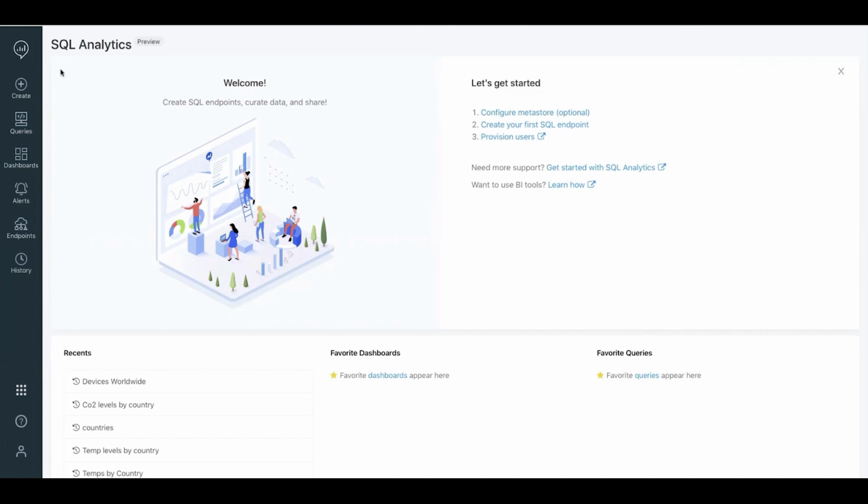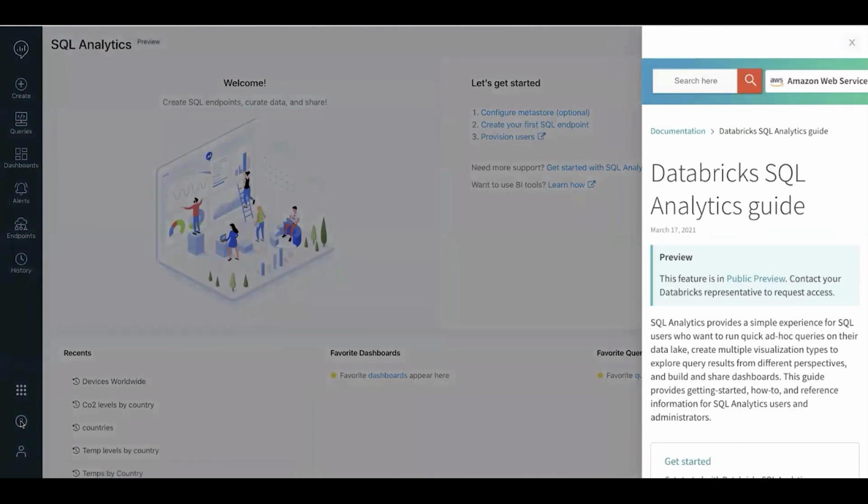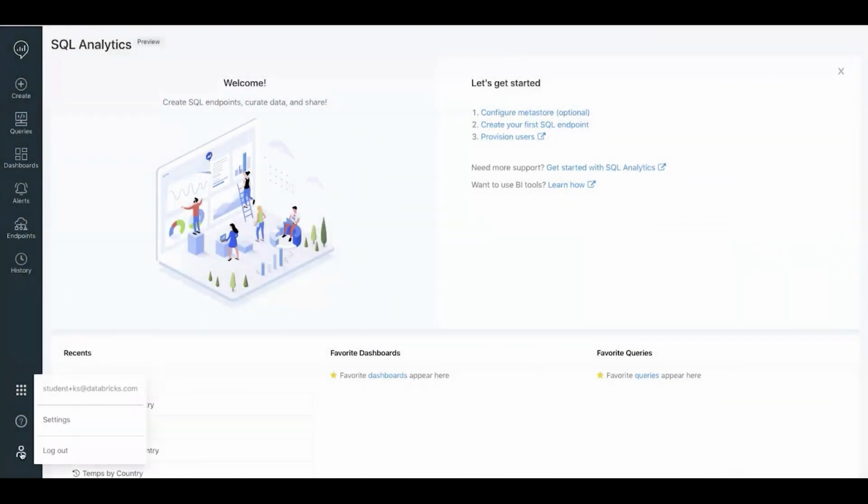When we first open up, we can see that we've got on the left side here some navigational tools that we'll be using as we work through this demonstration. Again, we've got the app switcher, so we can go back to the Databricks workspace if you also have access to that. We've got this little question mark here, which is handy. It'll open up the documentation for Databricks SQL Analytics, and then you've got your account settings